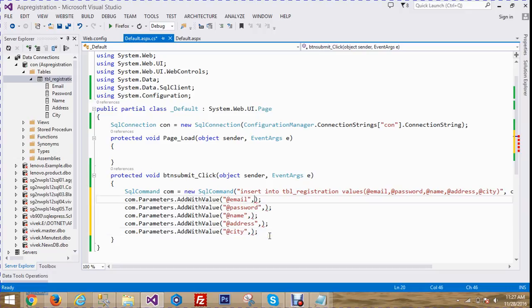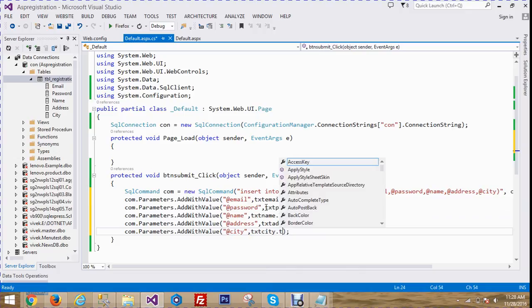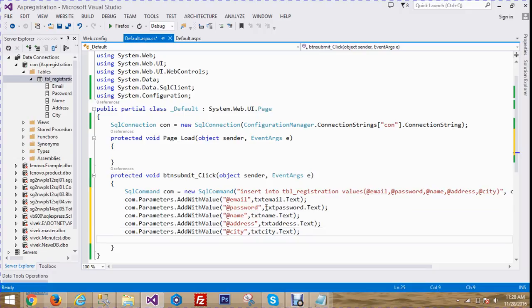Okay. So now provide their values. Txt name, address, txt city. Okay, we now provide all these parameters to their values and simply open a connection